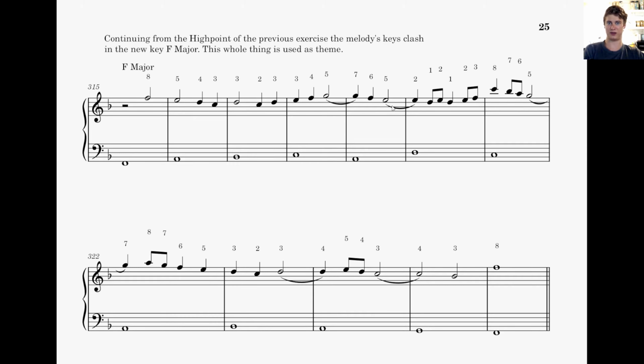So it didn't resolve on beat 3, and it did resolve on beat 2, but using that stepwise motion to lead you into the 5th, where it's going down from there, it's almost like it's still resolving. Because oftentimes when you're resolving something, you're going to go down a step, or you could even go down a few steps. And in this case, we're just resolving down 2 steps, ending on that 5th, which then prepares us